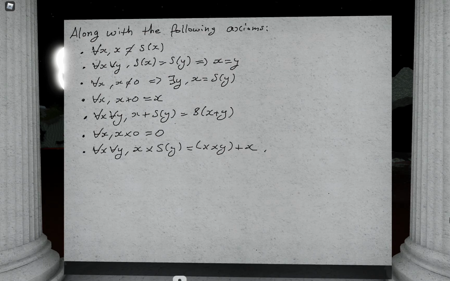Good. And that's the end of my definition. So this is the first order theory that we will be considering. We're going to be labeling it Q. In literature, it's often referred to as Robinson arithmetic, and one may or may not recognize this as the familiar axioms of Peano arithmetic, but with the induction axiom omitted.